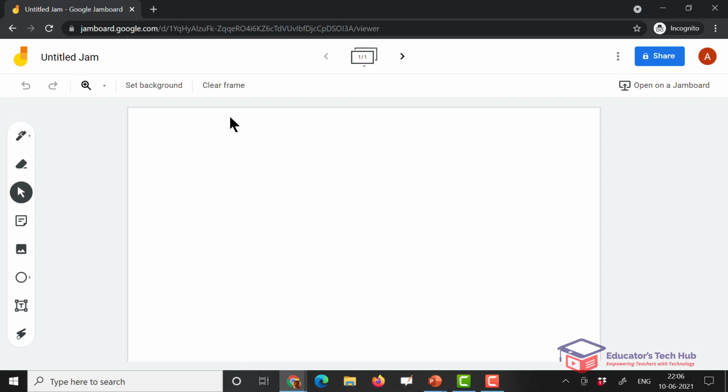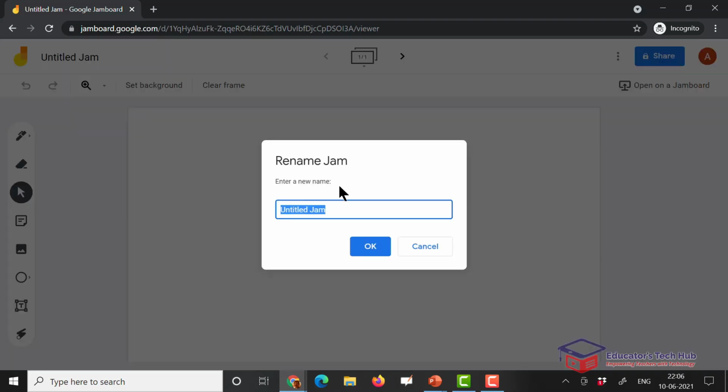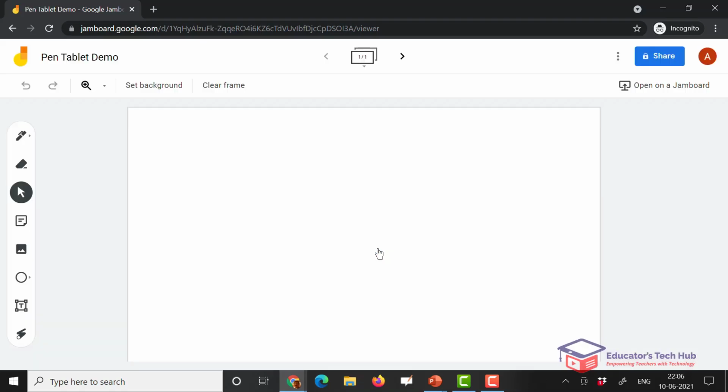The first thing you should always remember whenever using any cloud-based product is to give a name to the file. So let's say I name it pen tablet demo. Whenever I go to my drive, I can check for a Jamboard file called pen tablet demo and I can always get that file.